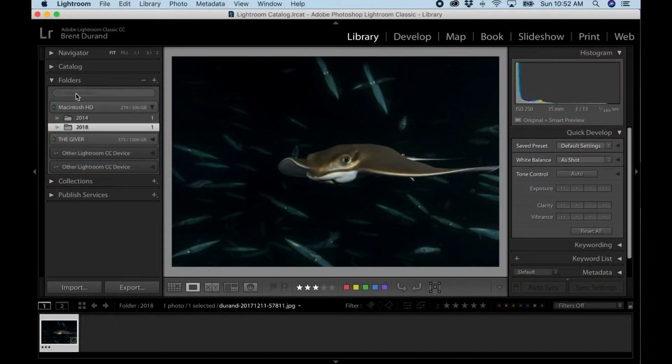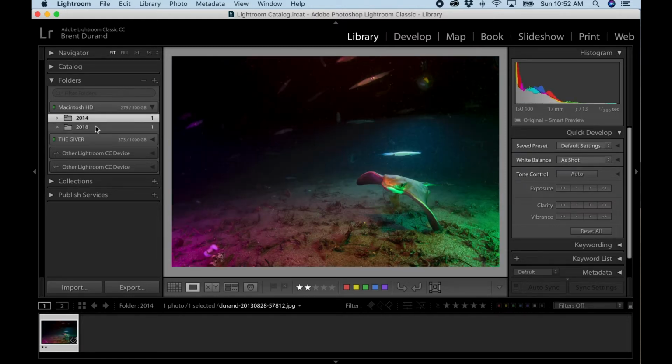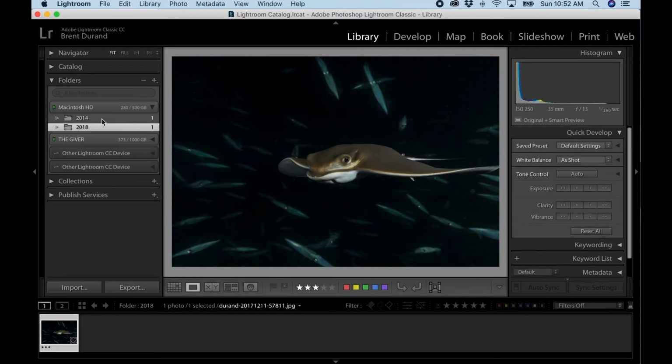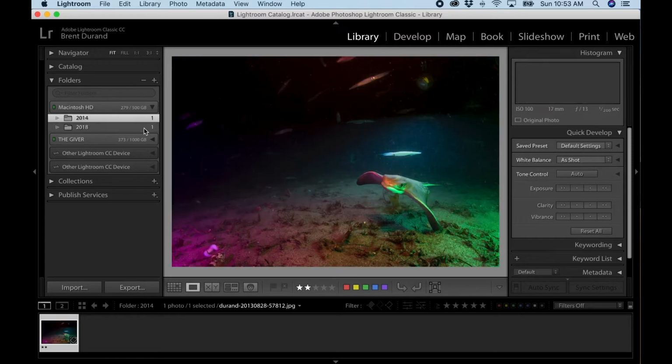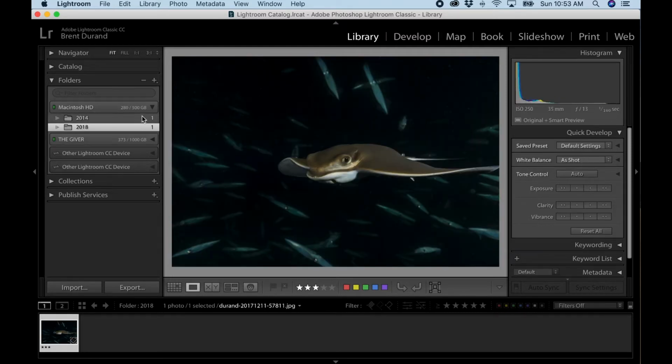You'll notice I've set up two different folders here to simulate my external hard drive and some of my organization. I've got a folder from 2014 where I found a Bat-Ray, and 2018, where I've got a Bat-Ray. Someone just asked me, hey, what are the Bat-Ray photos that you like? Or I want to put together my Bat-Ray photos for Facebook, or maybe put them on my website and access them all the time. So to create a basic collection, I'm going to merge both of these photos into one collection so I can easily find them.